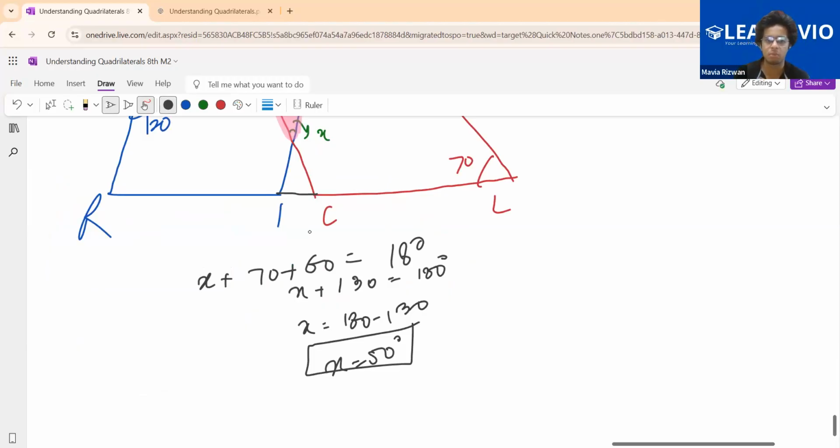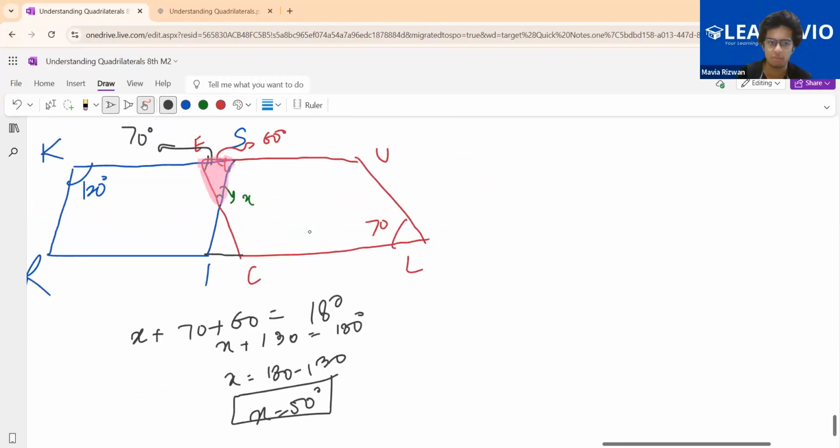Okay, I'm going to write some more things, because this is how to write it in the exam answer. You have to write everything properly, not just how I do it here. In parallelogram